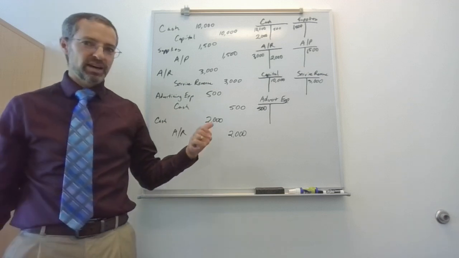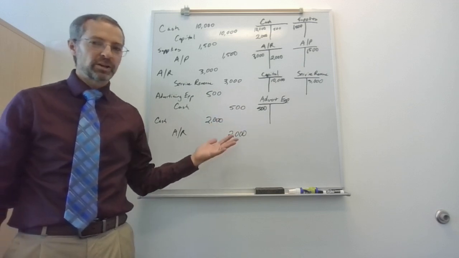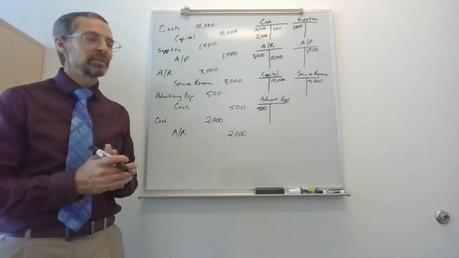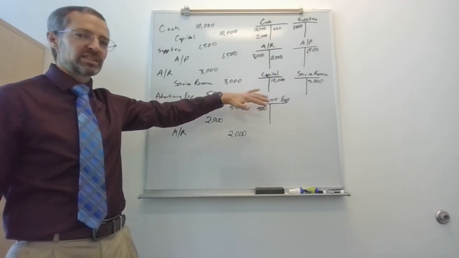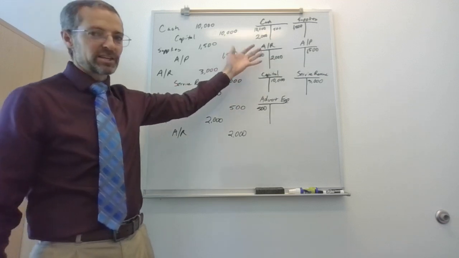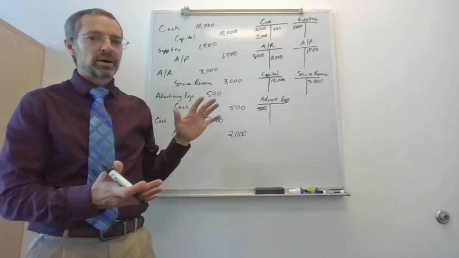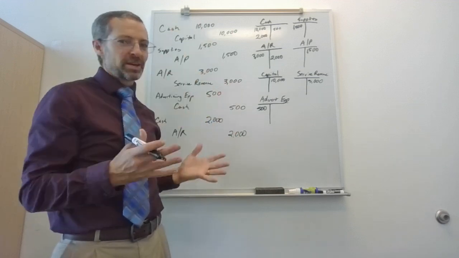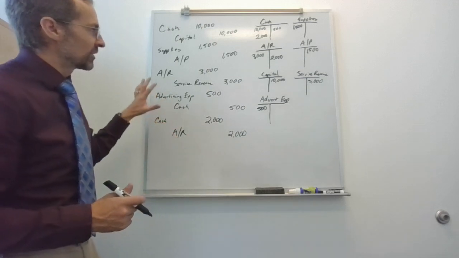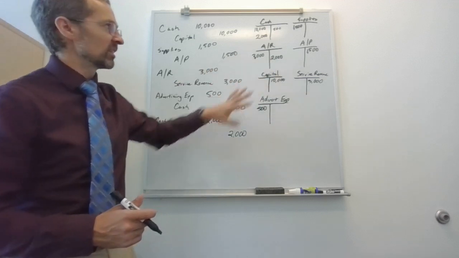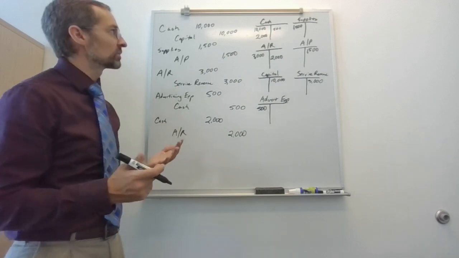So how much cash do we have? How much do we owe? How much do people owe us? How much in supplies do we have? How much did we earn in revenues? And so on. So I have all of my accounts over here, and ledgers can take up a lot of space because the ledgers do have every single transaction in them. So this could be a lot of stuff, but I want to condense it down to a one-page summary of what's in each account. So my first step, after I do all my journal entries and post everything to the ledger, is I am going to add up or figure out the balance in each account.